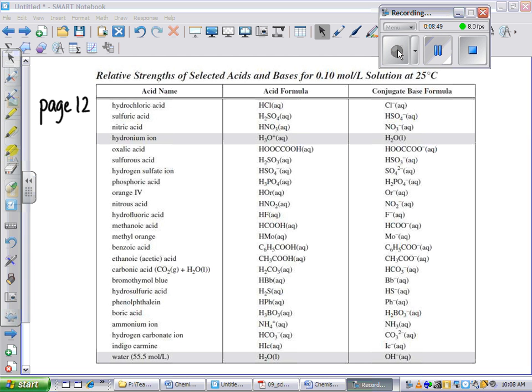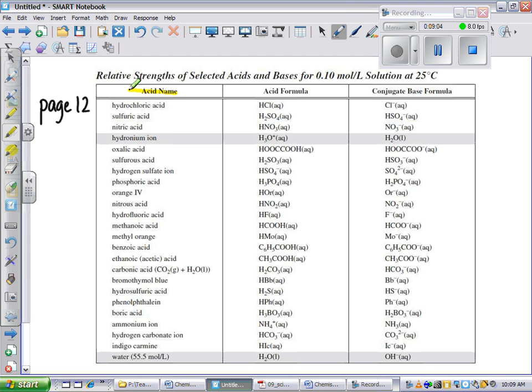When completing your homework assignment or on an exam, if you forget which of the two compounds are an acid or a base, you can turn to page 12 of your data booklet to help you. On page 12, we have a list of commonly used acids in Science 30. The acid name is in the first column, starting with hydrochloric acid all the way down to water. Then they give you the acid formula, so how you'd write out the formula when you don't want to use the name. And then in the final column, we have the conjugate base formula, so what happens when the acid